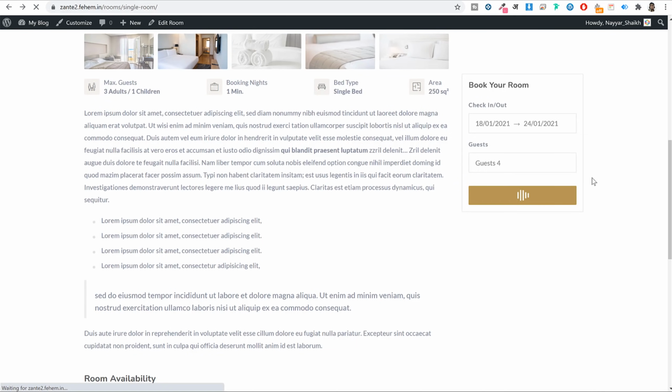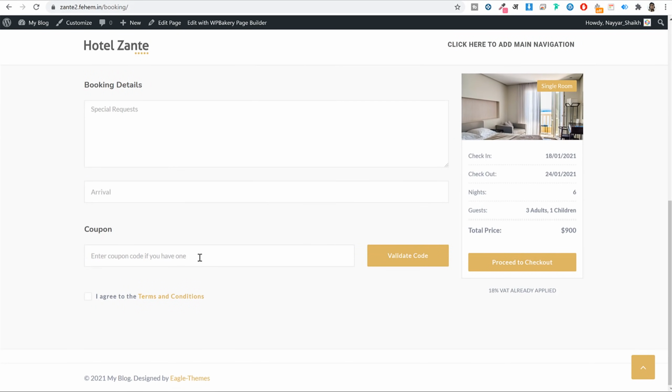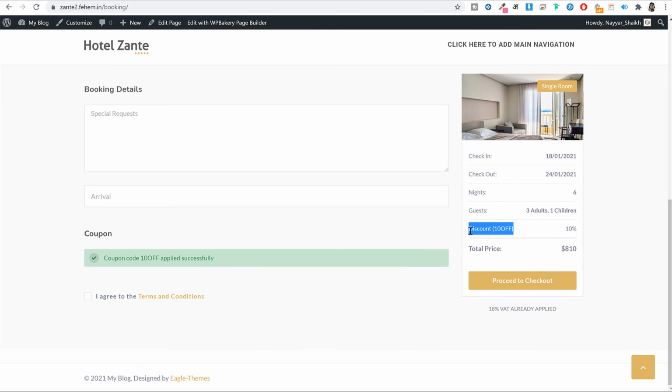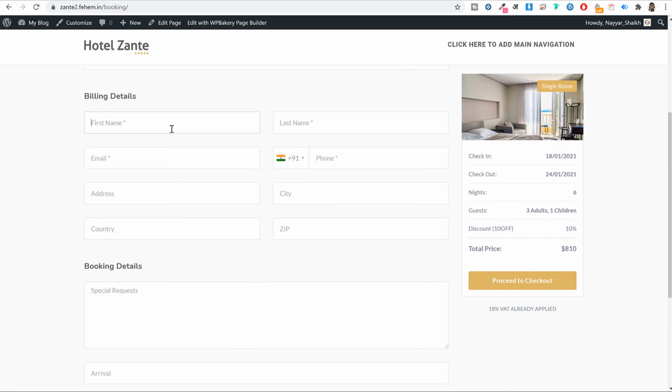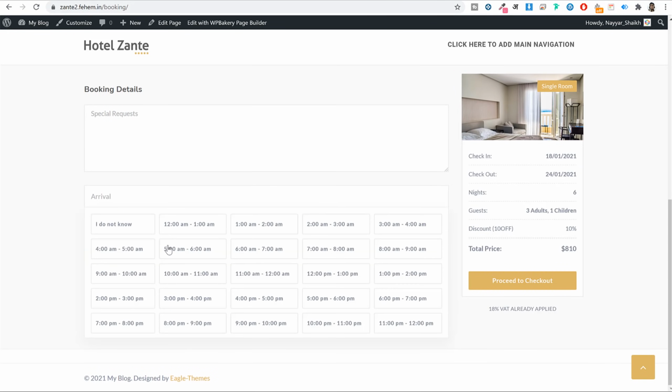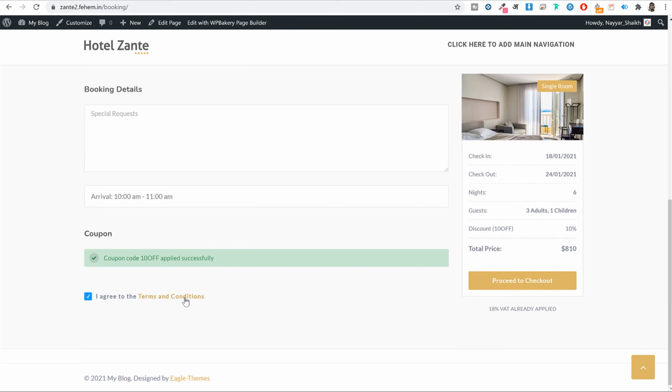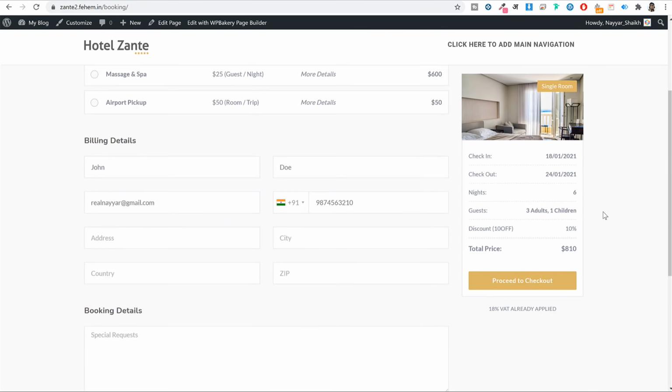For guest, check availability. And now if I enter this coupon, click on validate code. Now as you can see, discount 10% off is validated. Earlier it was $900. Now it is $810. $90 is off because that is 10% of that amount. Okay, so this is working. Now again, let me very quickly enter this detail. First name, last name, your email address, your phone number and all. And after that, you can select your arrival time, agree to terms and conditions,